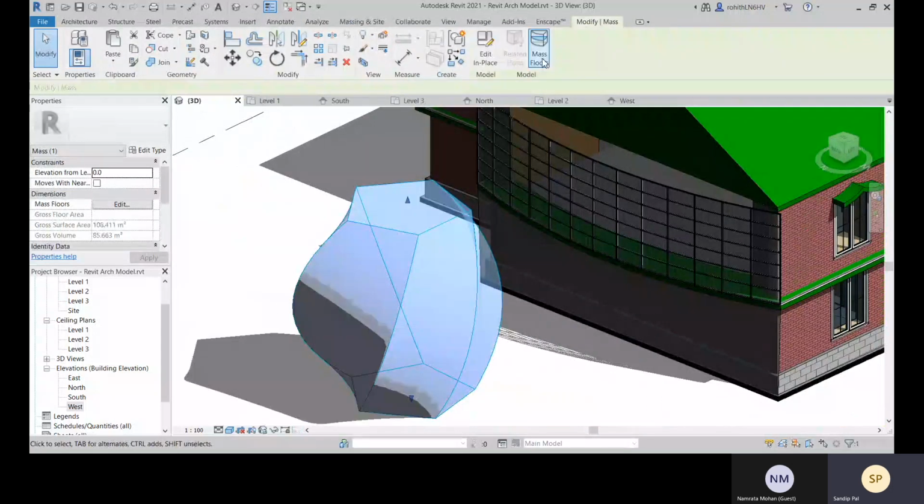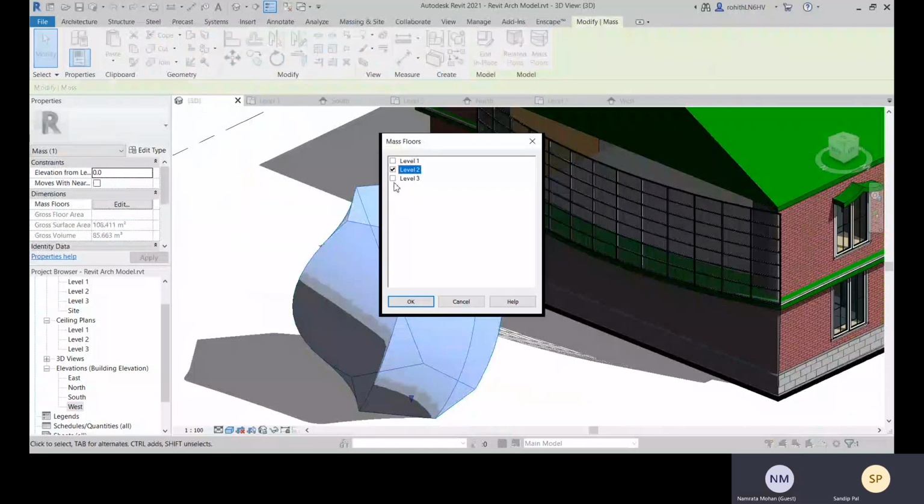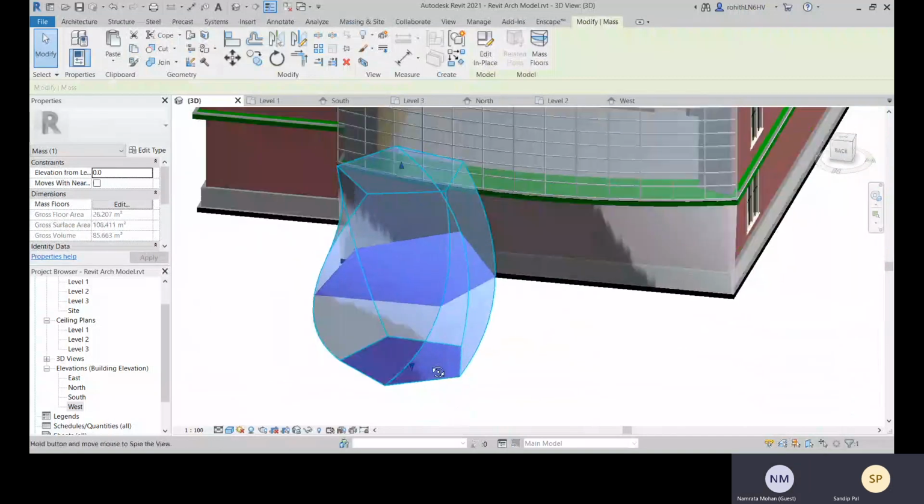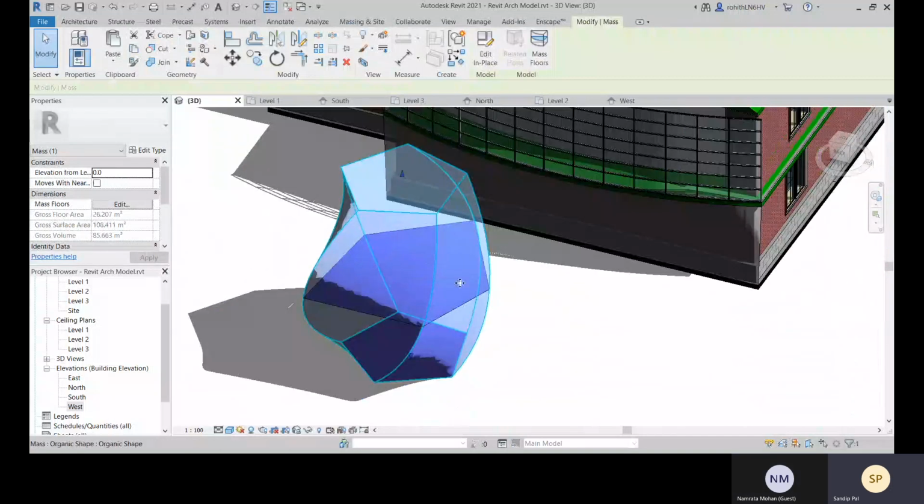Select this mass and go with mass floors, and there you go. Now here you can see the floor shape is different.